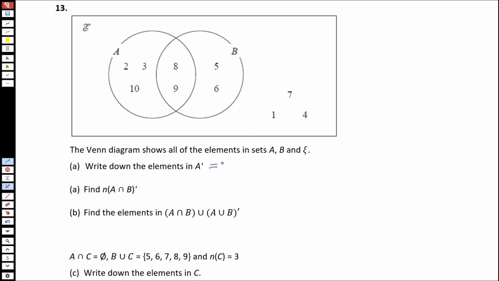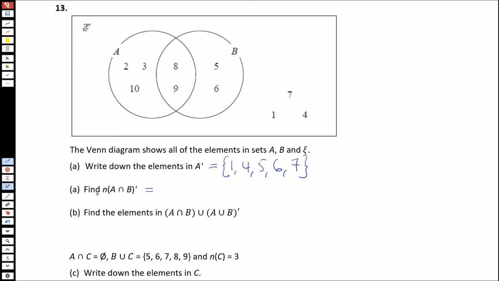So the elements outside A will basically be these numbers here and these numbers here. So that will be 1, 4, 5, 6, and 7. Remember, these are elements. What we have here are elements. They don't represent the number of elements. And then